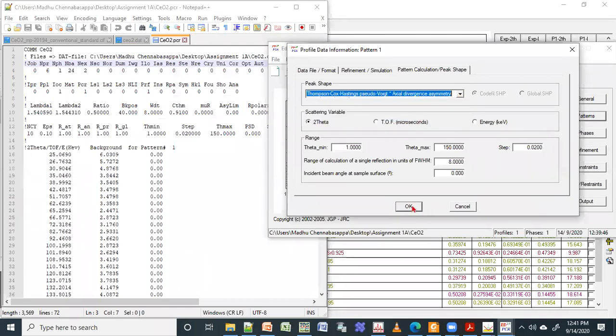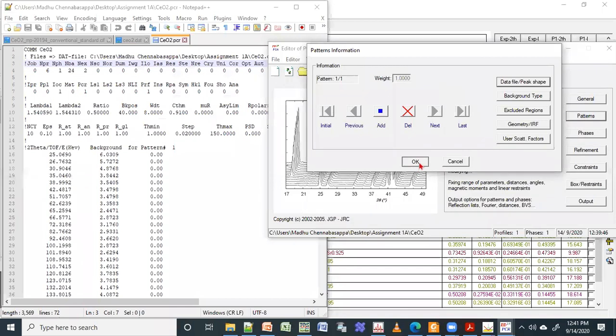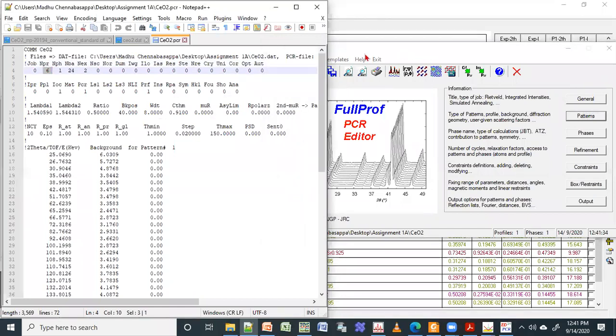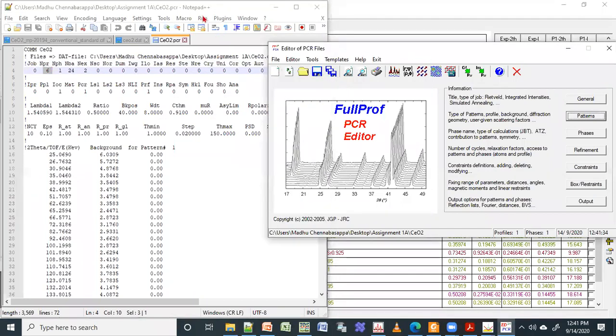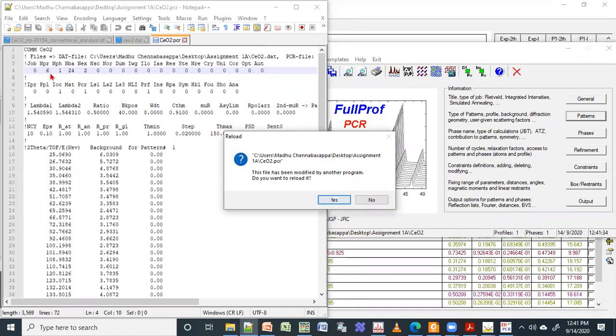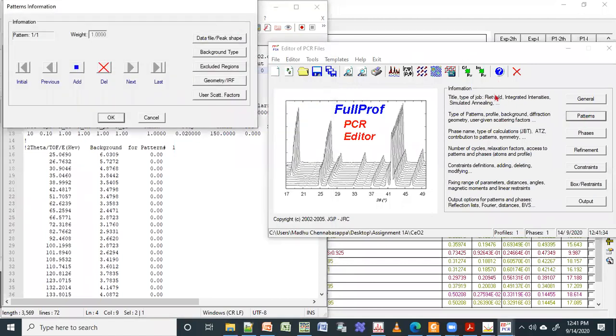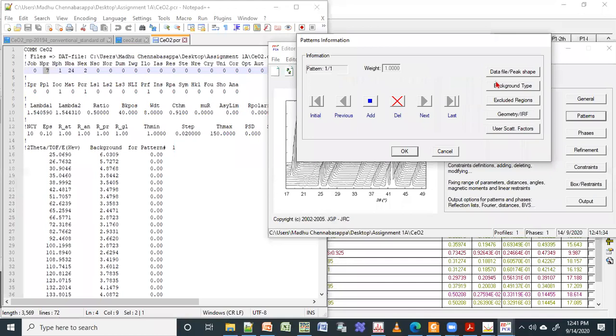Okay, so I will just do okay, and once I click save, you keep looking at this. What will happen? I will say save, and if I go here, it will ask, you want to update? Yes, I want to update. So it changed to 7, right? So this gives the information about what kind of profile you are using for fitting.